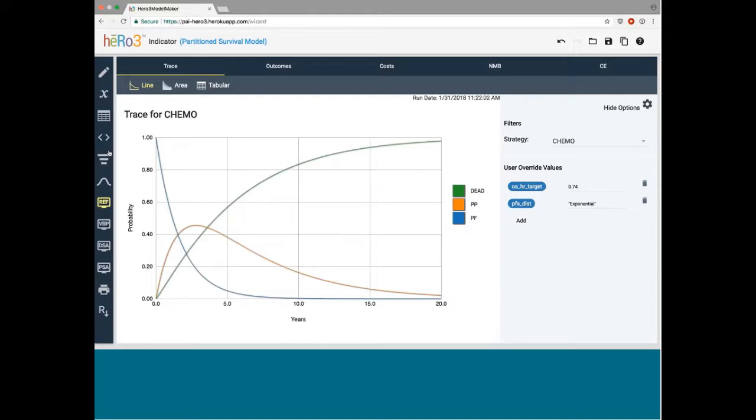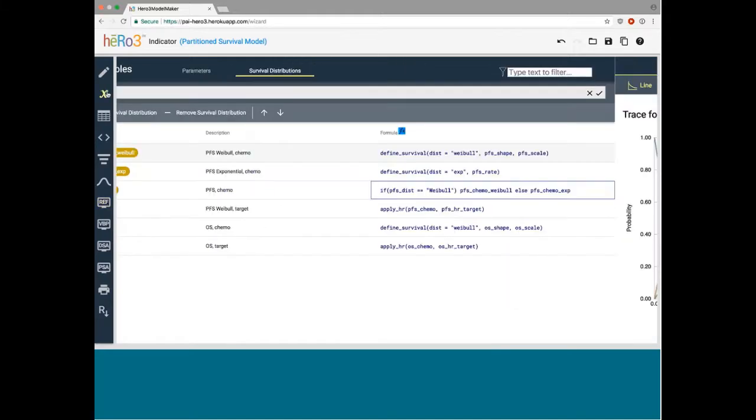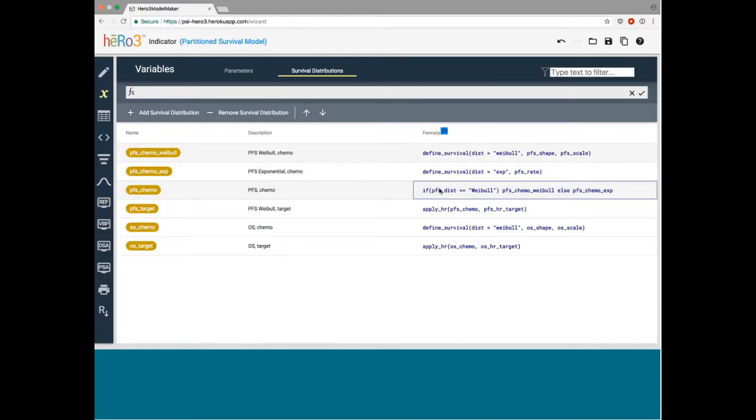Now, there's one caveat that I want to add about how to set up the conditional part. There are two different ways to set up conditional statements in heRo, and it's important to use the right type in the right circumstance. Where I've set this conditional up is in the survival distribution stage, and if you do this in the survival distribution stage, what you want to use are the if and else statements. You have an if statement with parentheses,